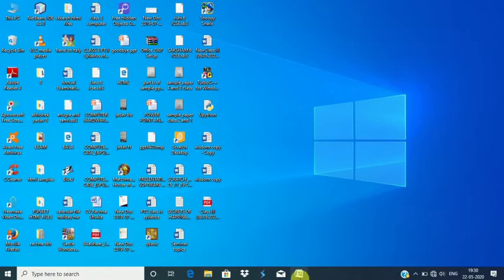Minimize the program. On the taskbar, on the minimized icon, right click on it.